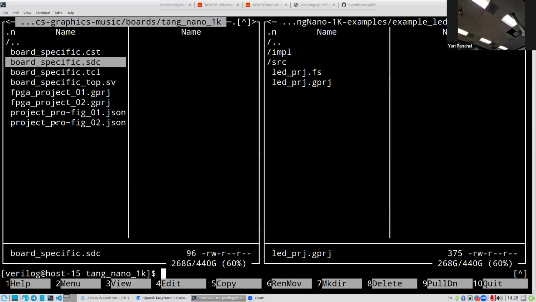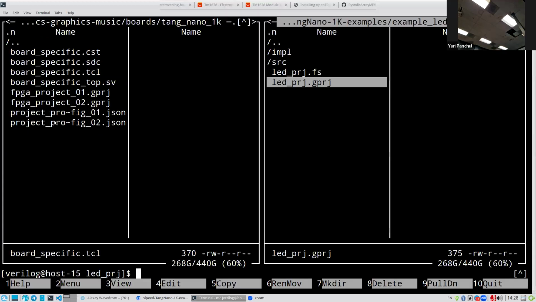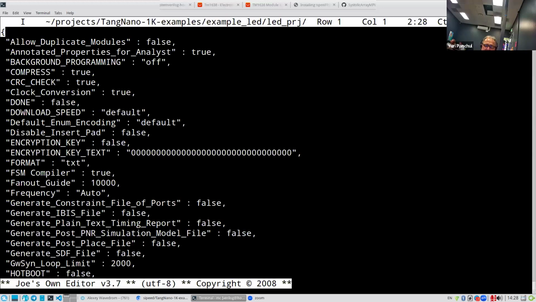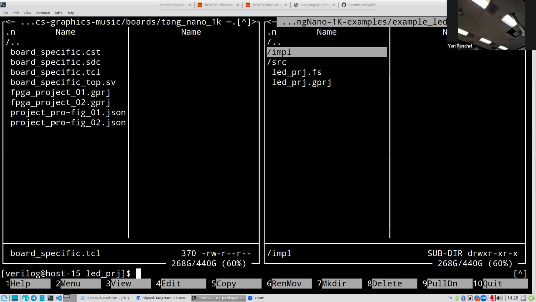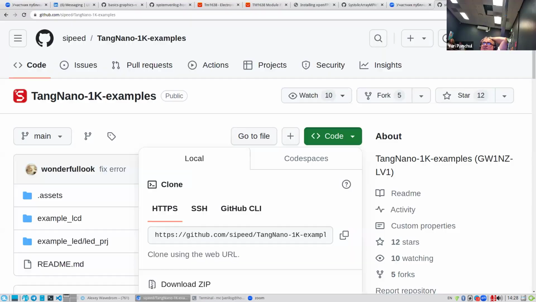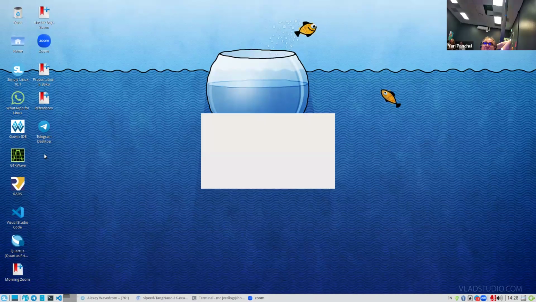Now we need to take care of the Tcl file. So for this Tcl file, we also will look at the vendor, but it does not state the Tcl file here. So in order to figure out the Tcl file, what you can do is that we can just run the GUI. So let's just run the GUI,